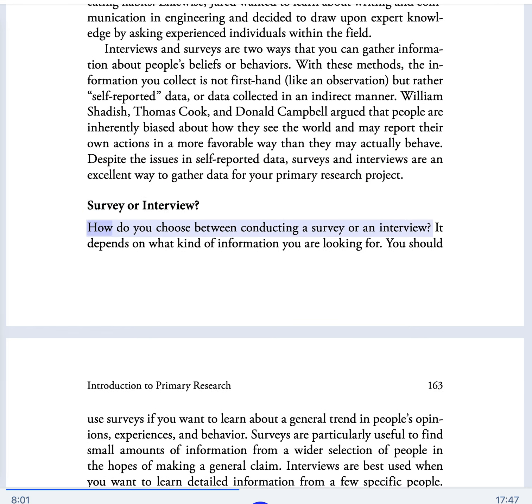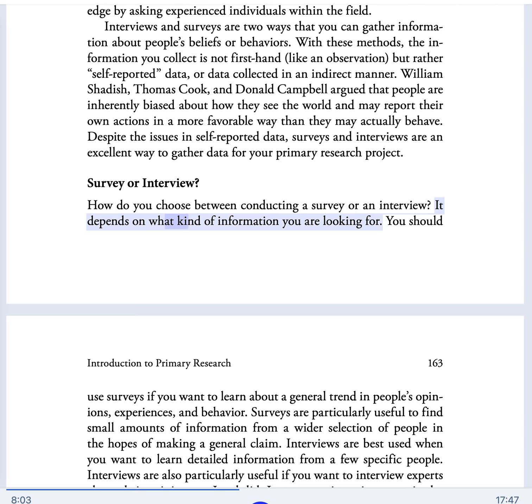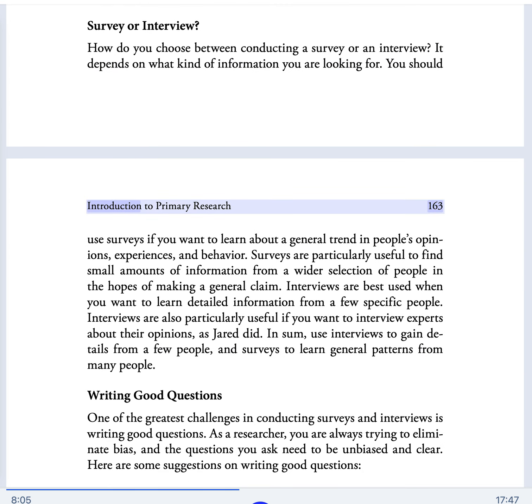Survey or interview? How do you choose between conducting a survey or an interview? It depends on what kind of information you are looking for. You should: